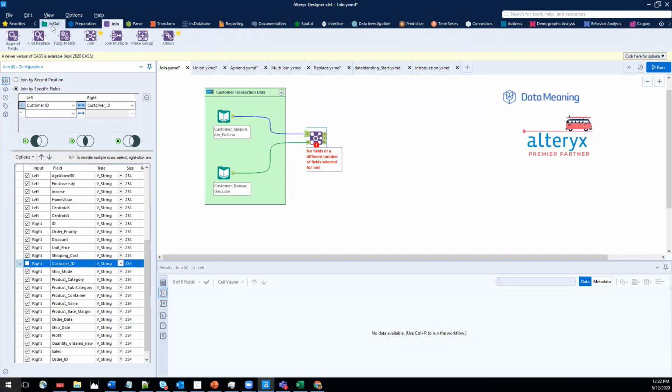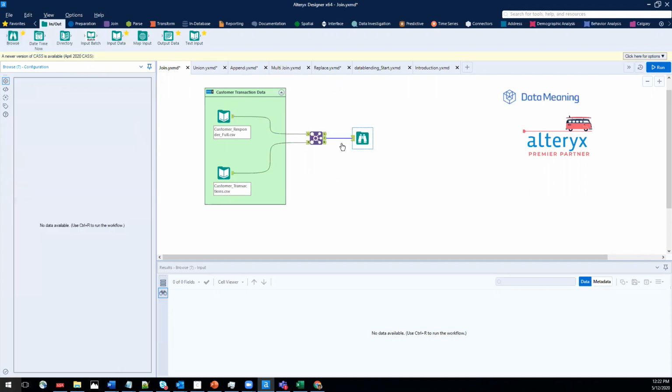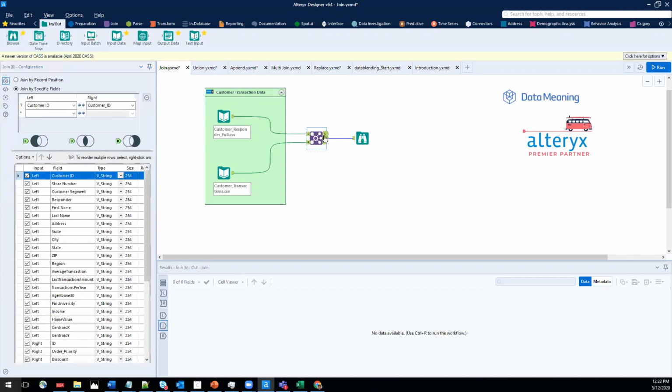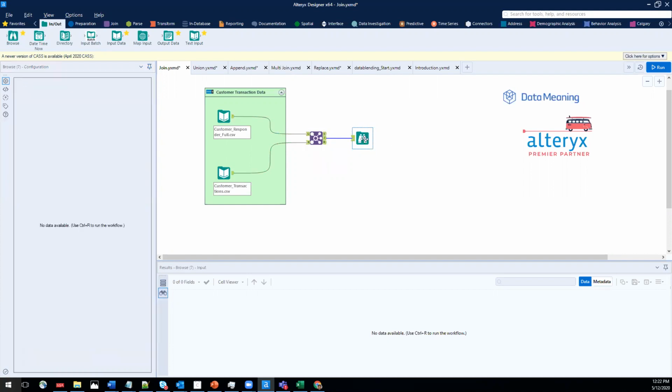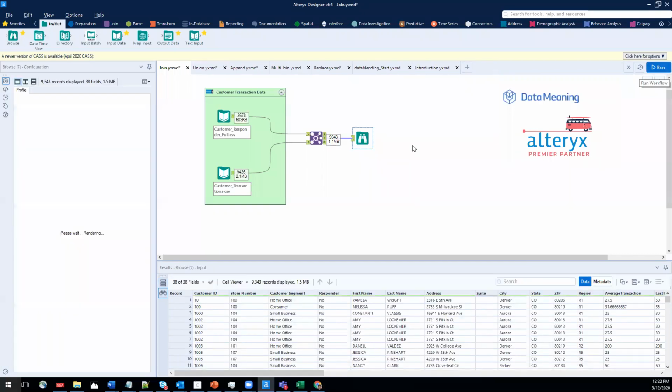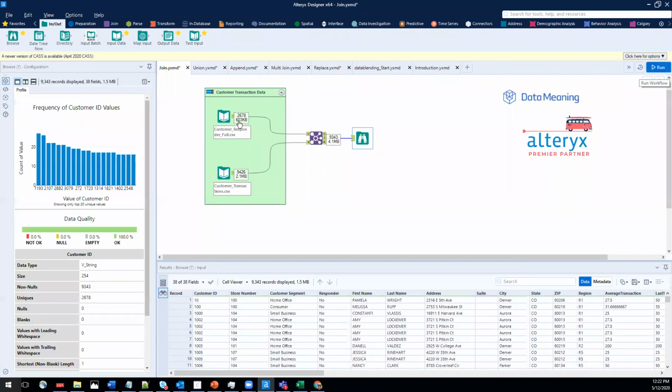Now, I'm going to come up here to my In/Out palette and bring in the Browse tool, and I'm going to connect my Browse tool to my Join, or my J output. I'll describe to you what the L and the R are in a minute. So in this case, I'm going to run this workflow, and what you'll see is I had 2,000 customers, 2,678